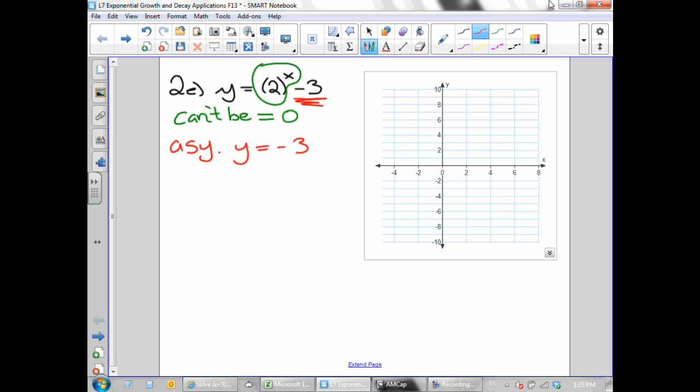So now you can go to your graph where minus 3 is. Draw an asymptote. Huh? So that was easy. It's this number hanging out back here. Next step,